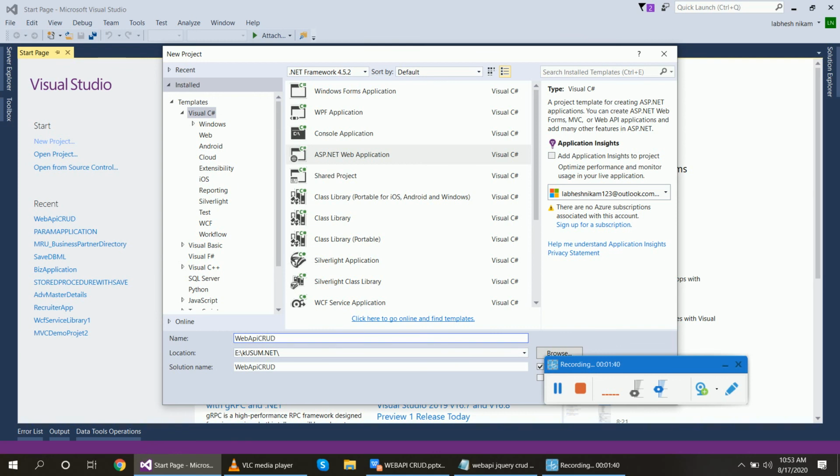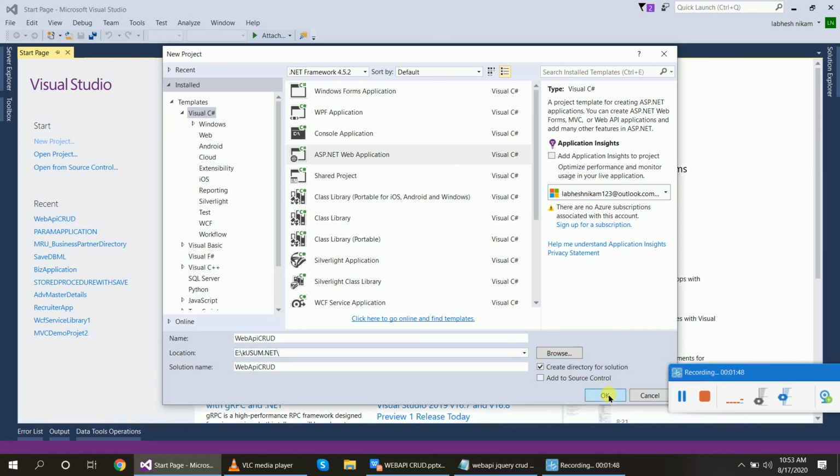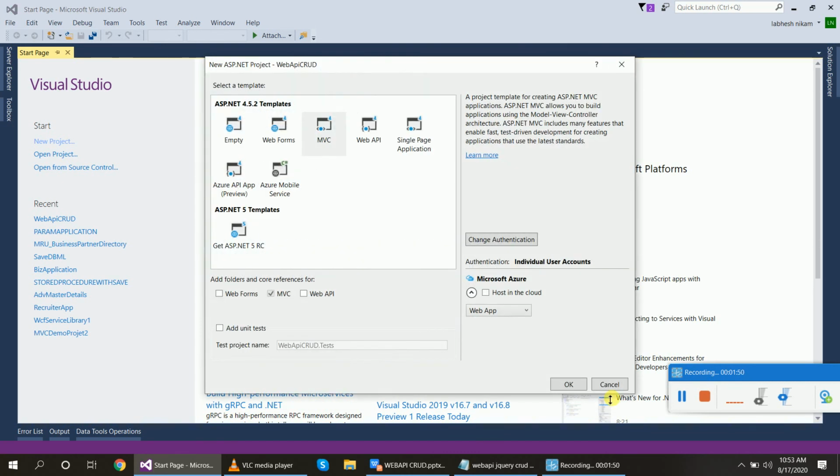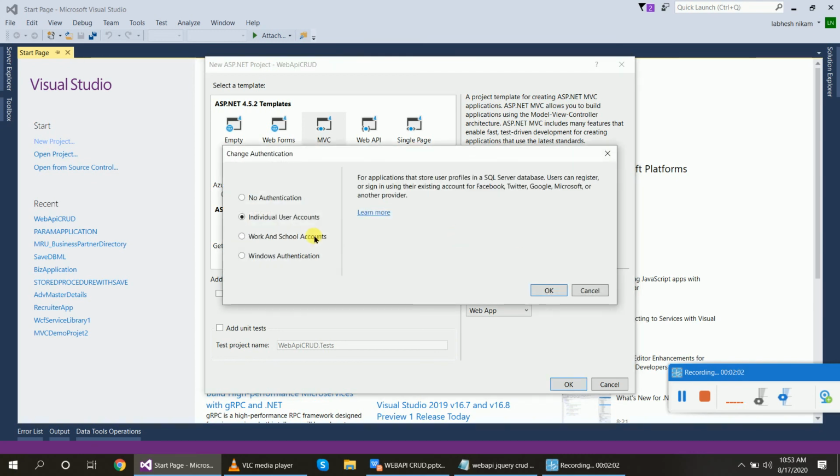Your folder path is here. Click on OK. Now here you will select the MVC checkbox and Web API. Here, under individual user accounts, change authentication to no authentication. Okay, start.